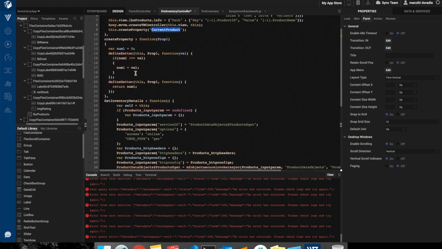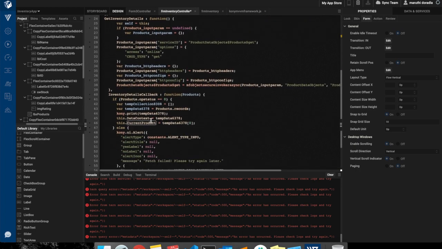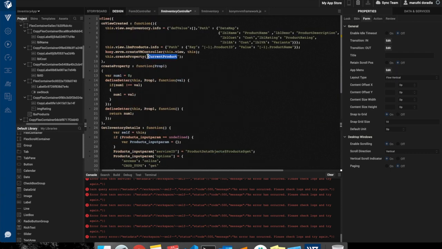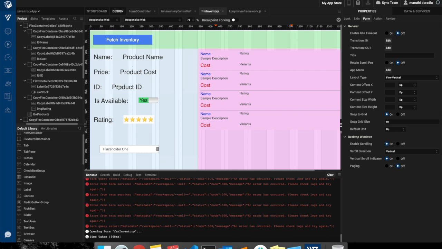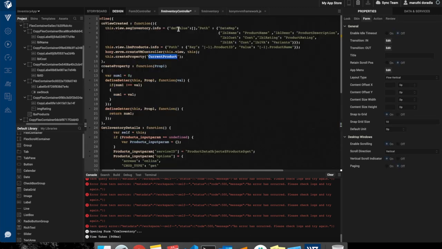In the button click we are getting the data. Once we get the data, we are assigning the 0th product item to the current product. So we have the current product ready. Now what I wanted to do is bind these current product values onto these particular labels, right? So to do this,